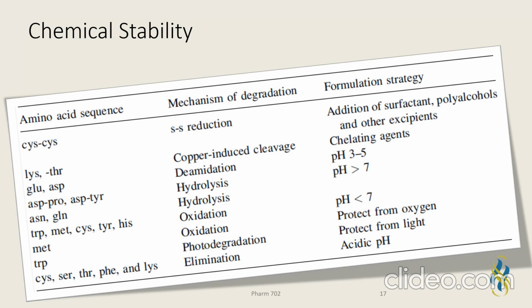The amino acids that may undergo beta elimination include cysteine, serine, threonine, phenylalanine, and lysine, and it occurs especially at alkaline pH. The reduction and oxidation of the disulfide bonds are often accompanied by a considerable change in the protein conformation. An example is the secondary structure of insulin, which is disrupted or completely lost when the disulfide bonds are broken. This disulfide bond disruption or interchange can also result in an altered three-dimensional structure and therefore a possible loss of activity or aggregation.